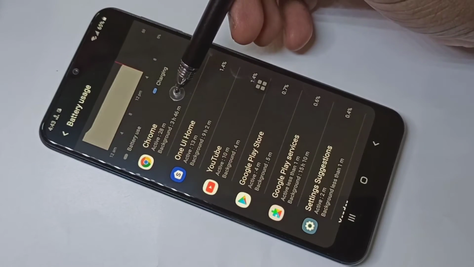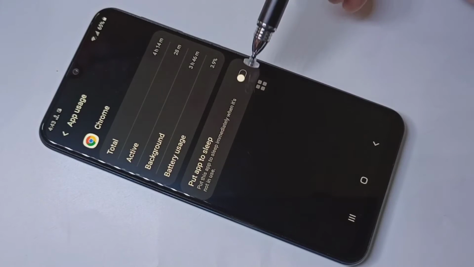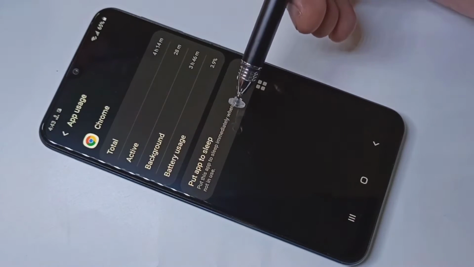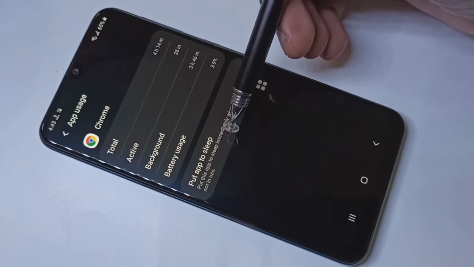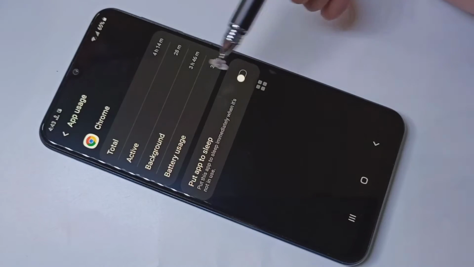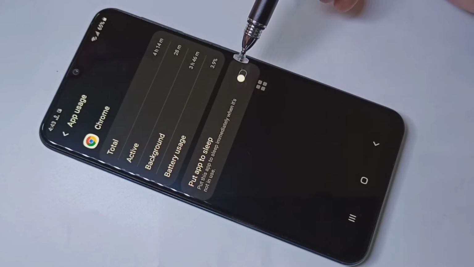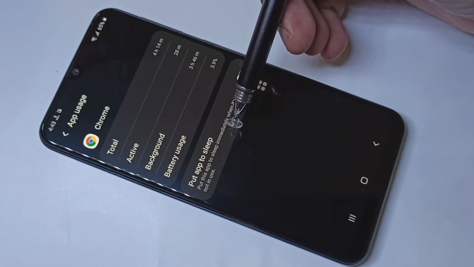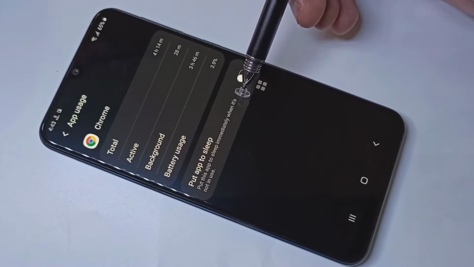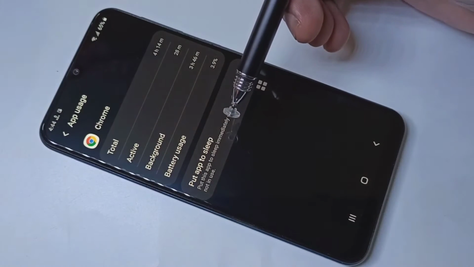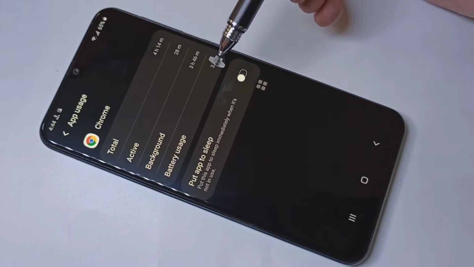Then tap on Chrome and make sure that this option is enabled. In this phone right now the sleep has disabled for this Chrome browser. So when you enable sleep, it put this app to sleep immediately when it's not in use. So when we are not using Chrome, it will automatically go into sleep mode.